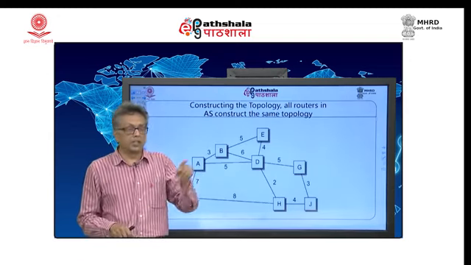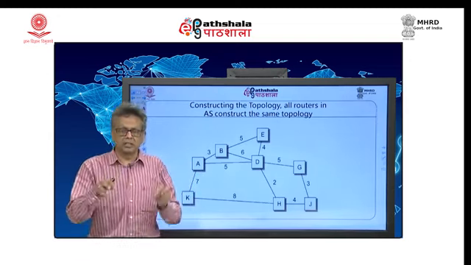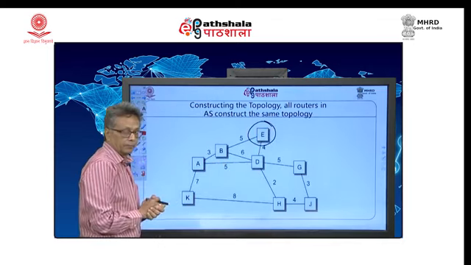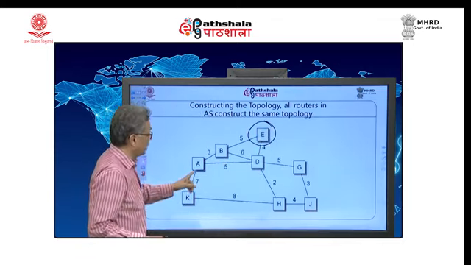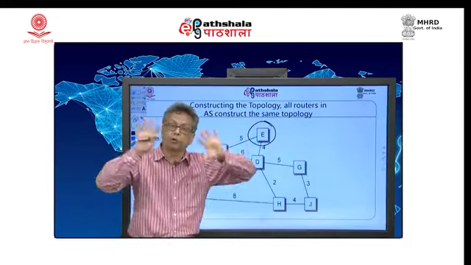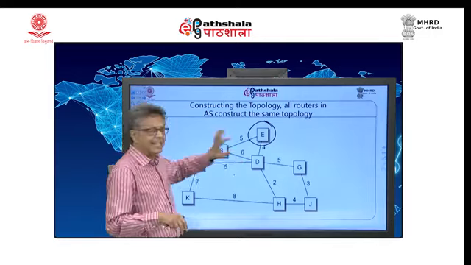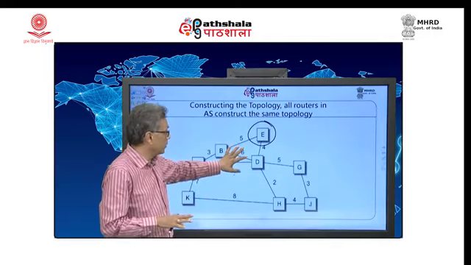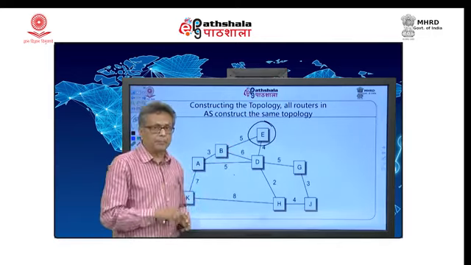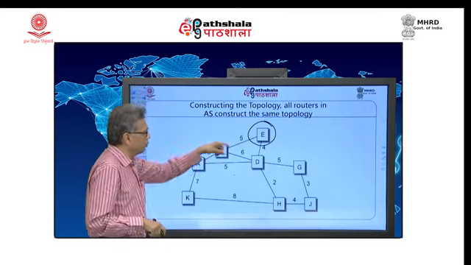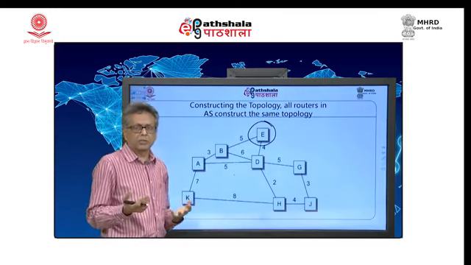Not only do you get the network, you also get the delay values. What does that mean? With that delay you will be able to find the shortest path to everybody. Here, for example, is the destination where I want to send my packet. Remember, the same data is received by everybody, so every router in the network will construct the same topology. The second step is to prune paths which are expensive.